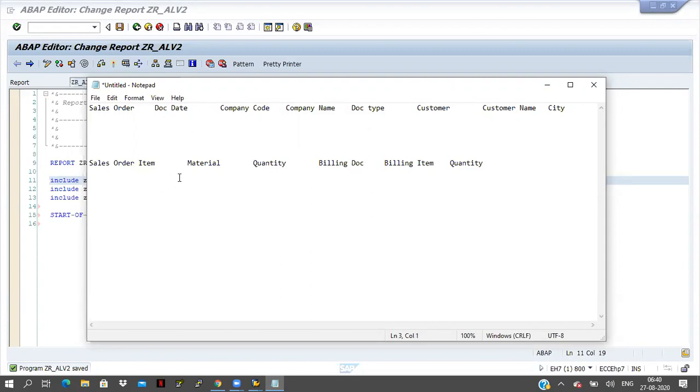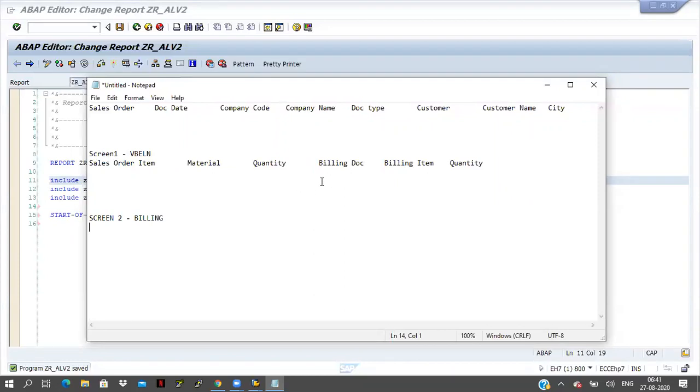This is screen one. If I click on VBELN, it goes to screen two, billing document number. In the first screen, I will double click on billing document number.